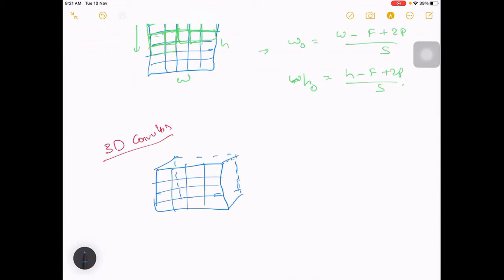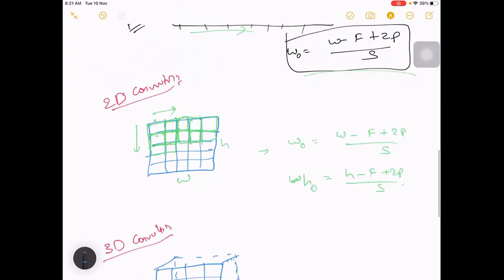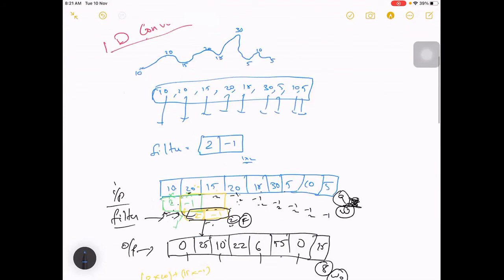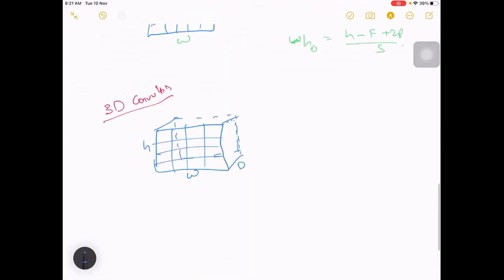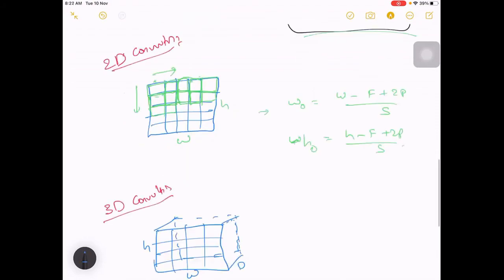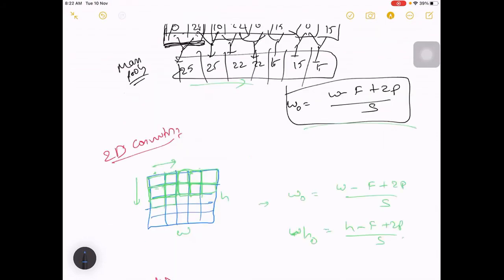It means you have W, you have H, and also you have D, which is depth. Previously it was W and H, and in 1D it was just W. Now it is W, H and D. Previously, with a 2D input, the filter is 2D.